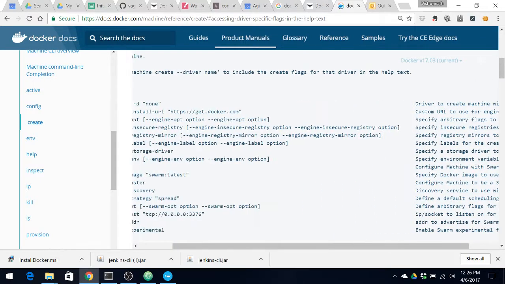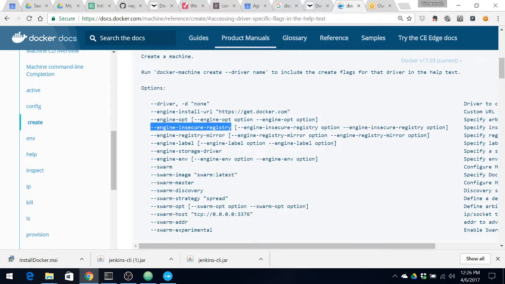The other part is that we are going to be requiring pulling images not just from the insecure registry but also from the general Docker Hub as well. Now the option that specifies that is the --engine-registry-mirror. If you do not specify this, then only images stored in your registry will be pulled. If you specify this option, then your registry will act like a mirror which passes through all the other images which are not located in your Docker registry. So let's try these out and we will understand how they work.